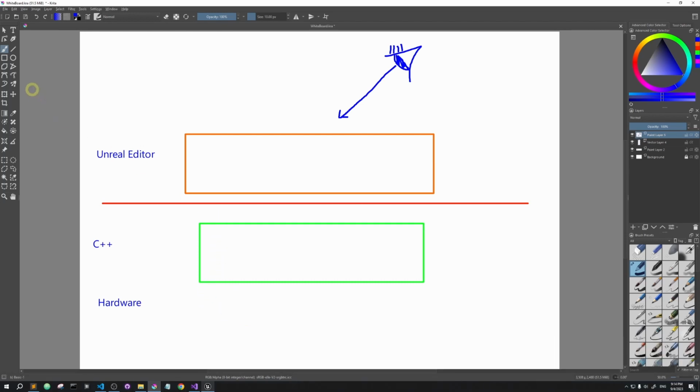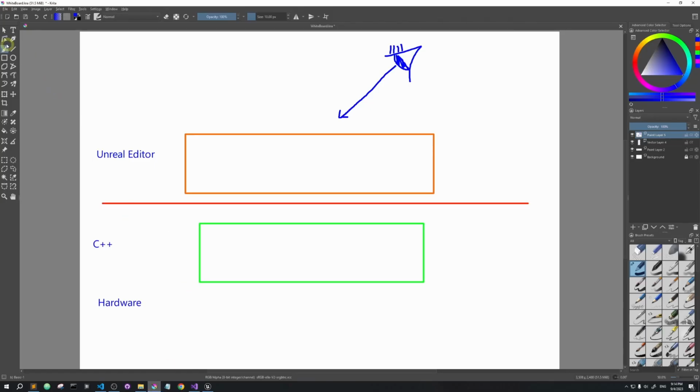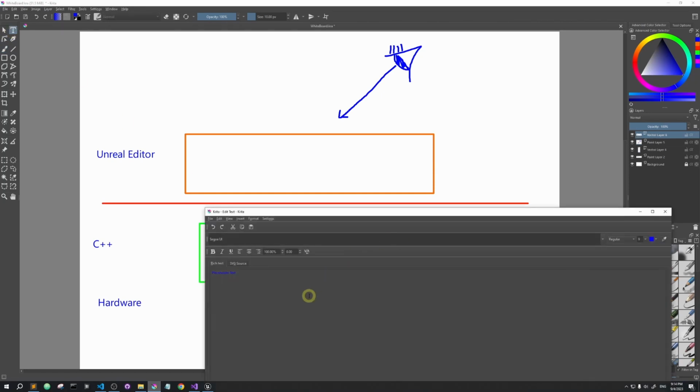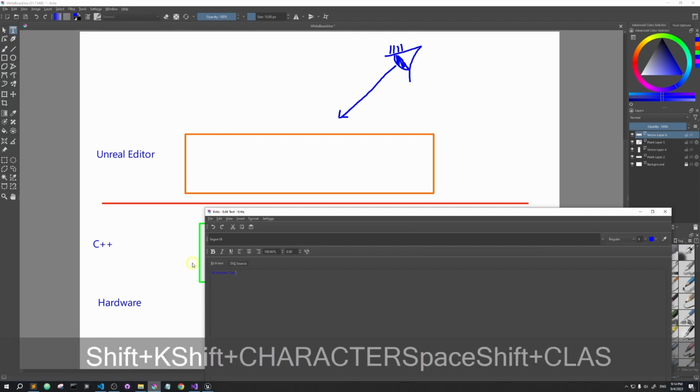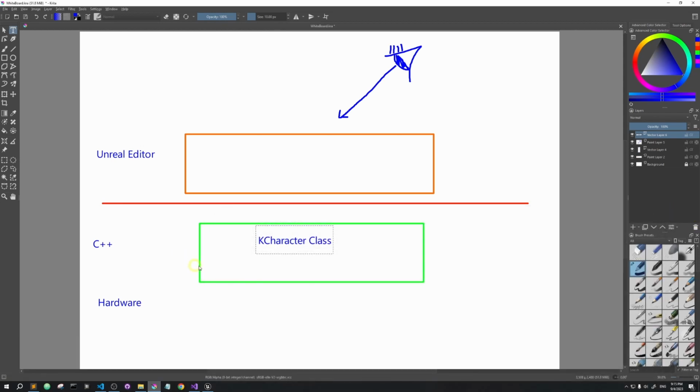Okay, and right now what we just did is we created a K character in C++. So back to our diagram, we create a K character class here. So the K character class belongs to the C++ classes. And remember,